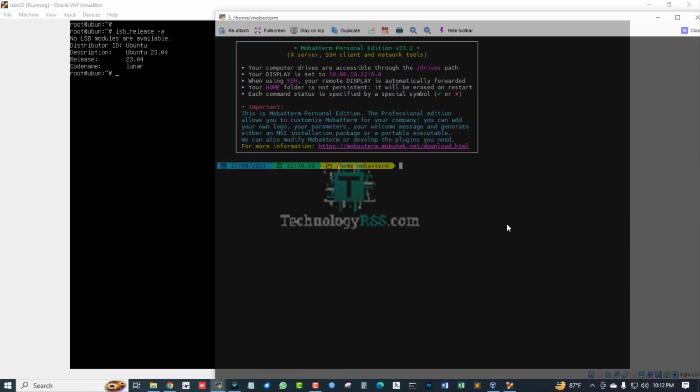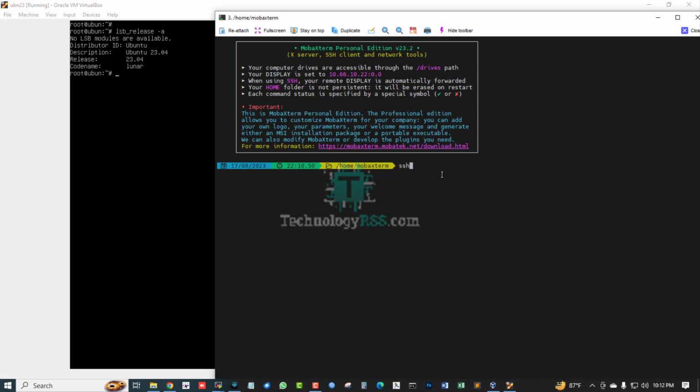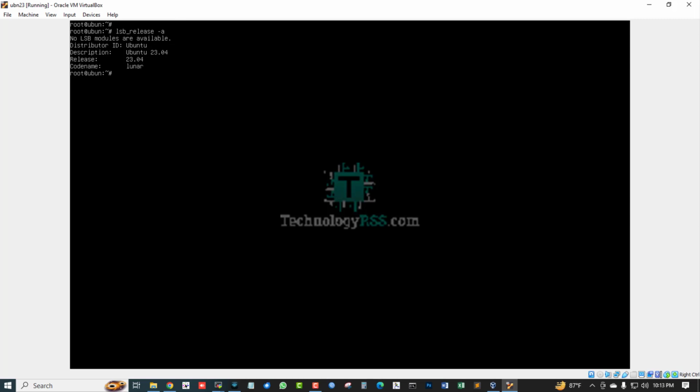Now I try to login SSH, option L, root, 10.66.10.10. Try using the password, but I cannot access the server. Okay, exit. Now I am going back to my virtual machine